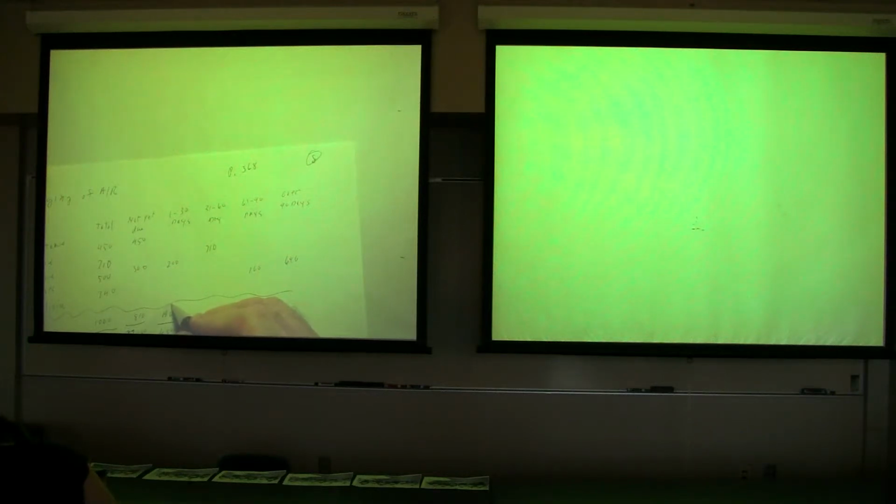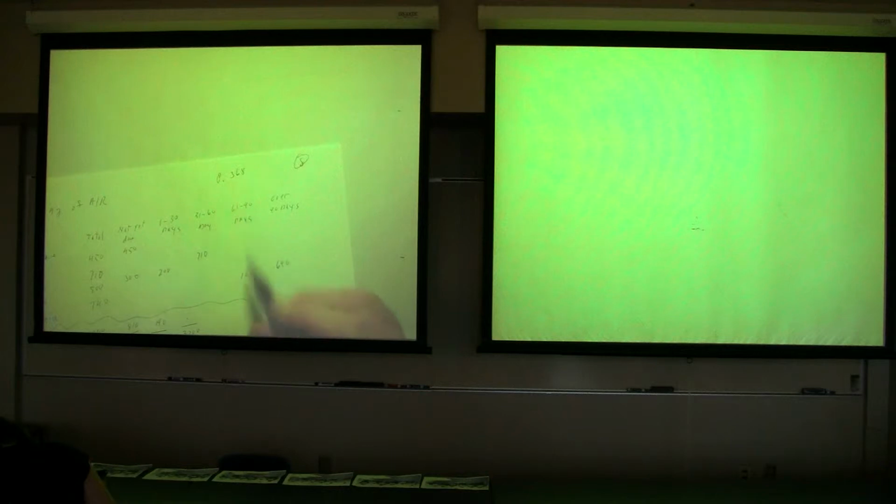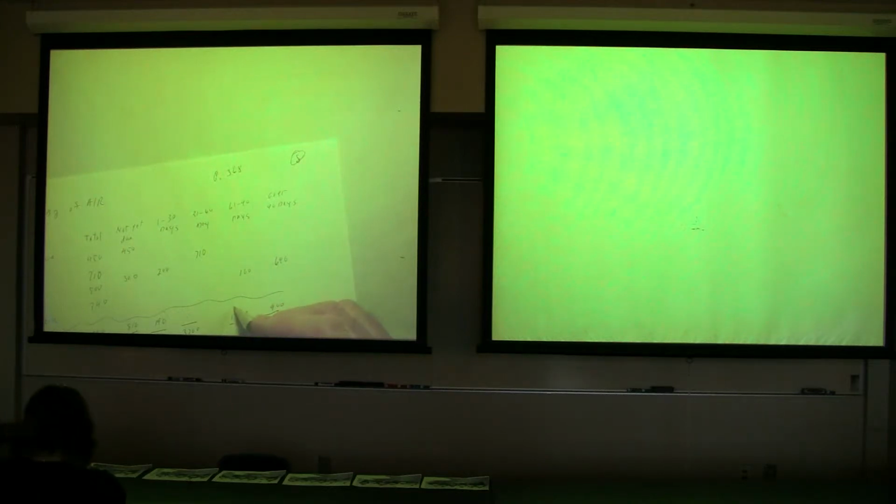So don't forget, some are missing here, right? The total 31 to 60 is 3,700. The total 61 to 90 is 1,900. And the total over 90 is 900. Okay? All right. So I'm going to put a line above it because we're adding above it. All right. Now, in the past,